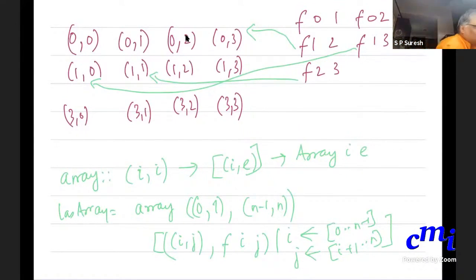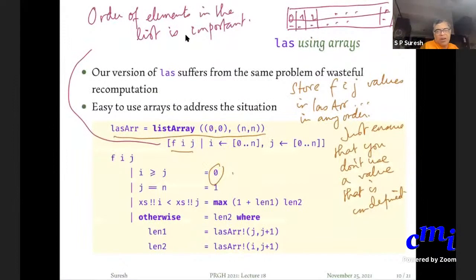I am choosing to do this because when I write my code using array, etc., it will occupy larger space. So I'm just using listArray here, but I am being very careful with how I present the values in the list. I am saying (0,0) (n,n), and I am saying Fij, i goes from 0 to n, j goes from 0 to n, even though I know that Fij is properly defined only when i is less than j.